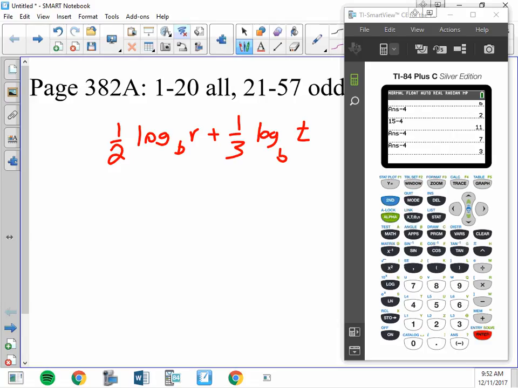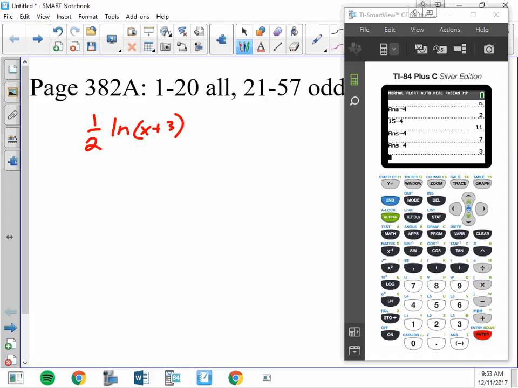How many different ln's am I going to have? Just 3. I only have 3 factors. X plus 3 is a factor, x minus 4 is a factor, and x plus 1 is a factor. The top 2 will be positive, and the bottom one will be negative. And I have to pull out the exponents. So I'm going to get 1/2 ln of x plus 3, and the parentheses are important in this case, plus